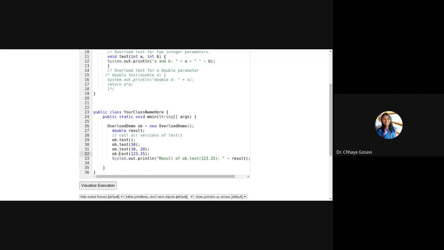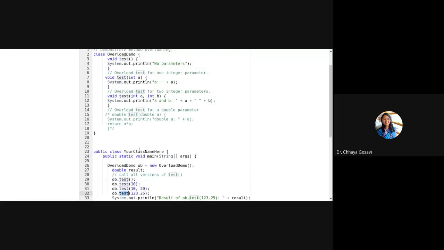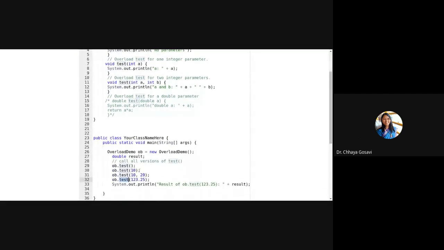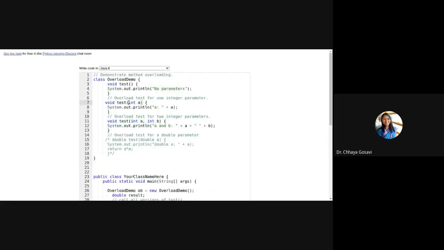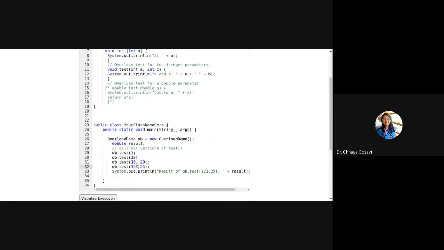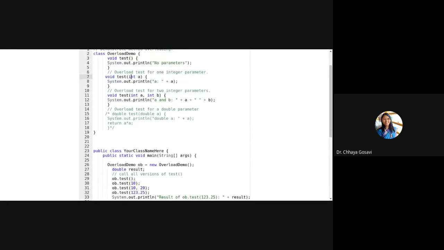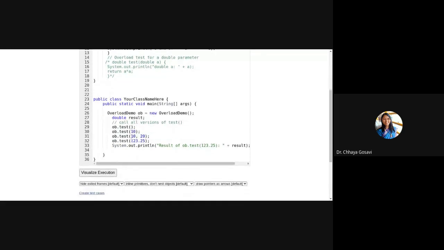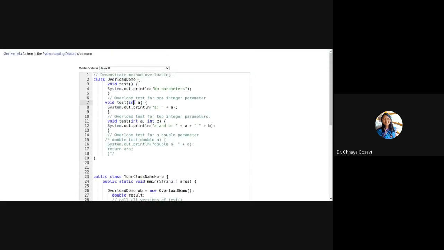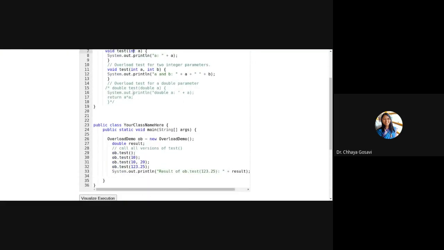The function is test. Okay, we have three test functions. It has one parameter. So there is a function with one parameter, but the data type is double, and this data type is integer. If it was double and I'm passing an integer value, it will work. But if it is integer and I'm passing a double, it will not work.